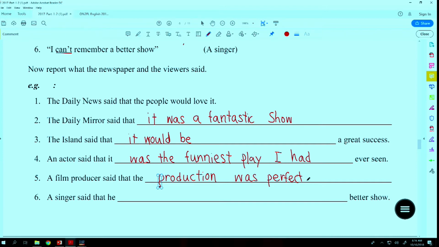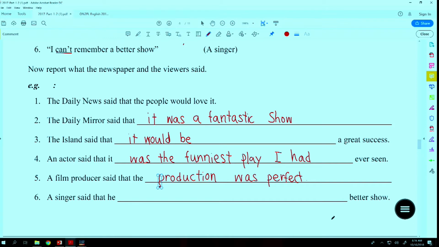Last one. It is said by a singer. I can remember a better show than can't. The underlined word can't should be converted as couldn't, in the past sense. Right? A singer said that he couldn't